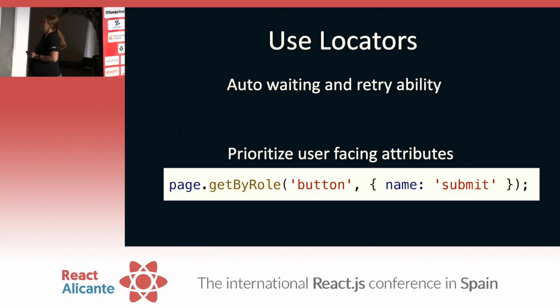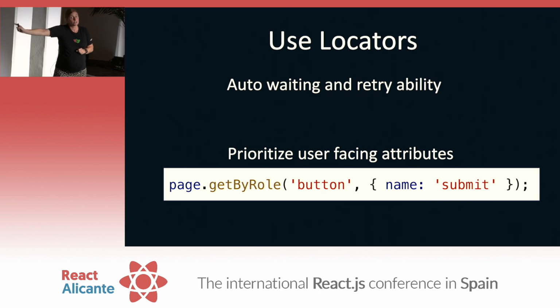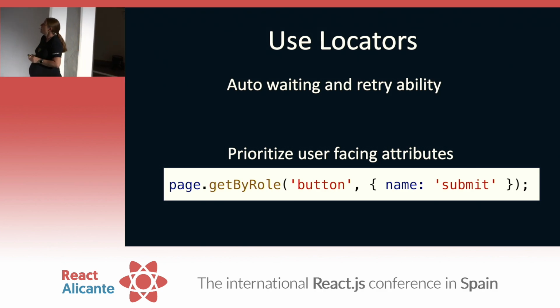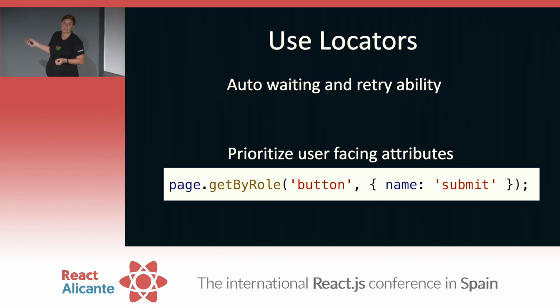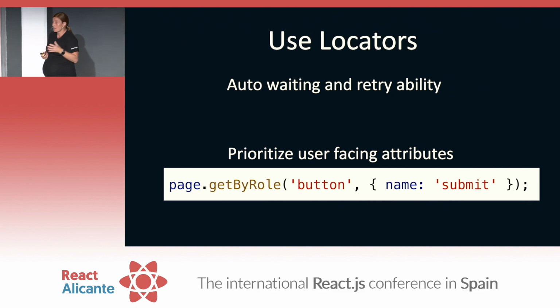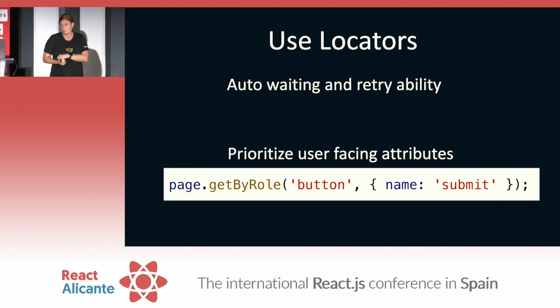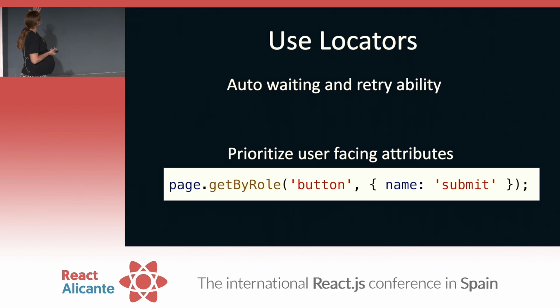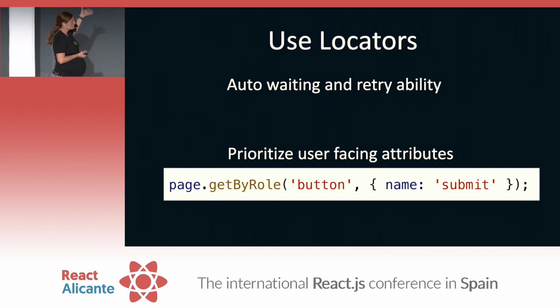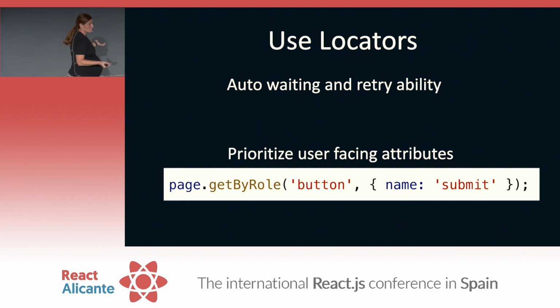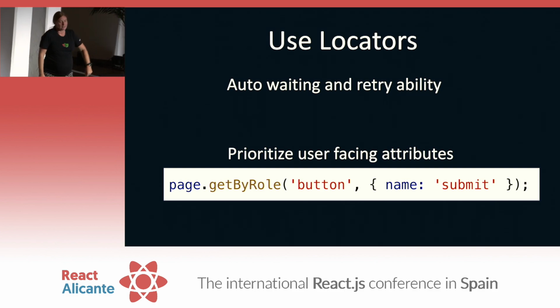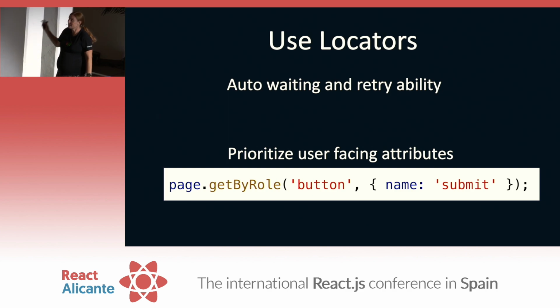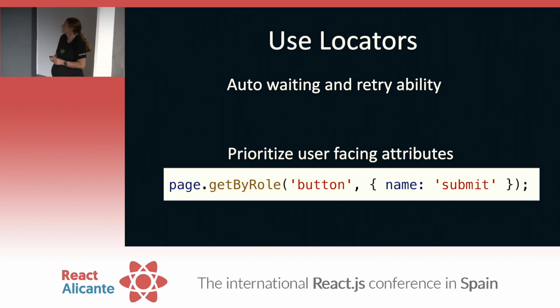Yeah, excellent. So we worked with Kent to make sure we have the same kind of structure for our accessible locators. And so we can prioritize user-facing attributes and basically make sure that we're also testing accessibility as well. So this will be very familiar to you if you're coming from React Testing Library, but it also just makes sense. Get by role. What role? The role of button. What's the name of the button? Submit. Pretty straightforward, okay? Now if you're thinking, I haven't studied accessibility yet and I don't know the roles, don't worry, because we do all that work for you, and I'll show you that in a minute.